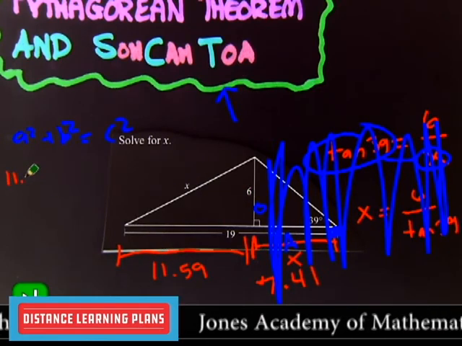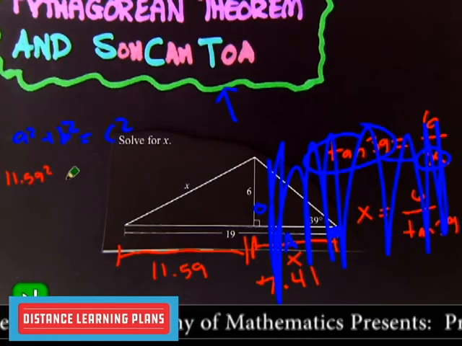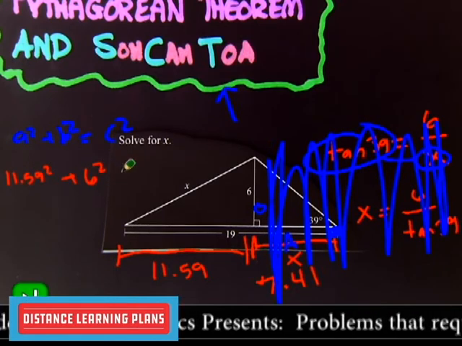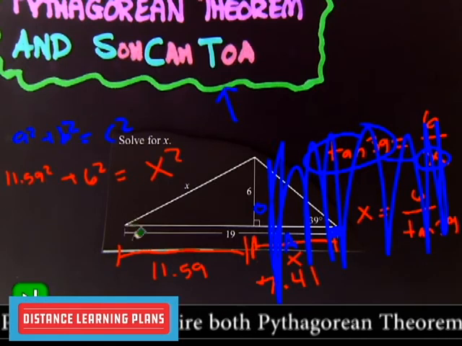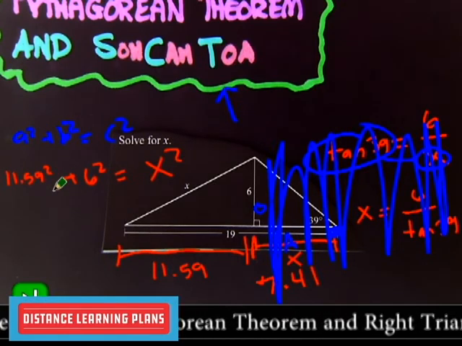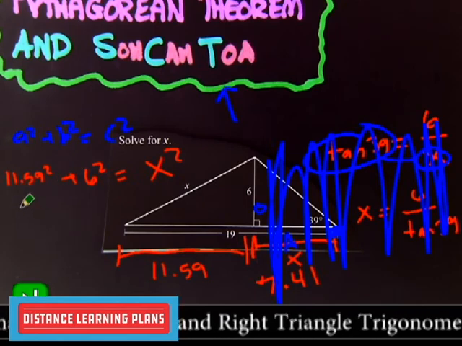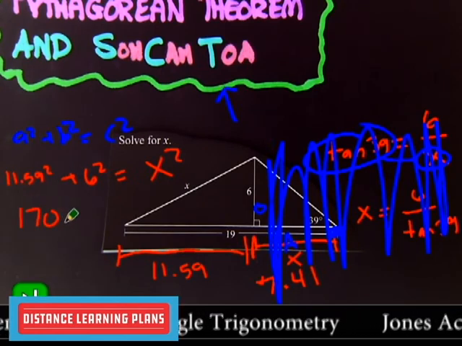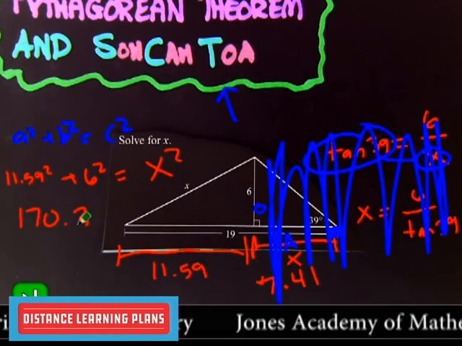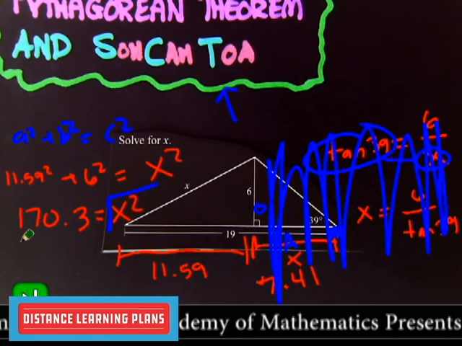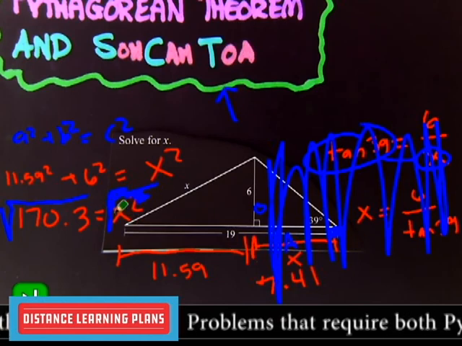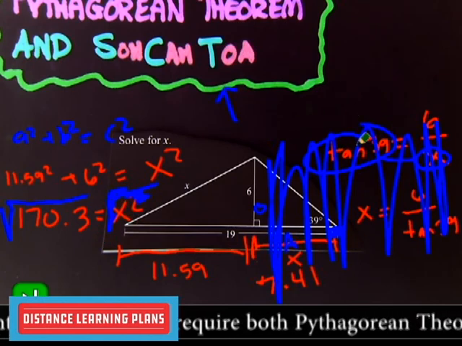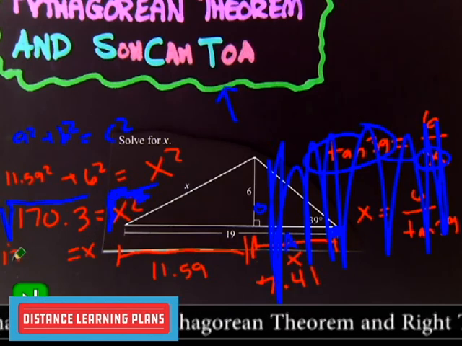So 11.59 squared plus 6 squared equals C squared, or X squared. All right, throw this in the calculator. 170.3 equals X squared. Square root to unsquare, square root. That will cross off. And you will just have to put the square root, 13.0